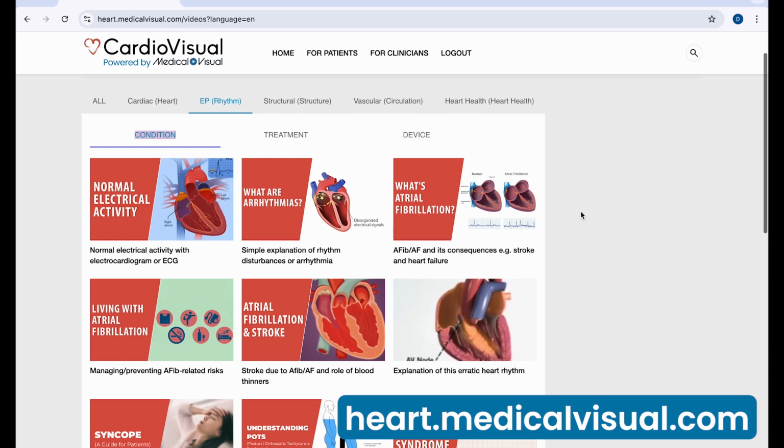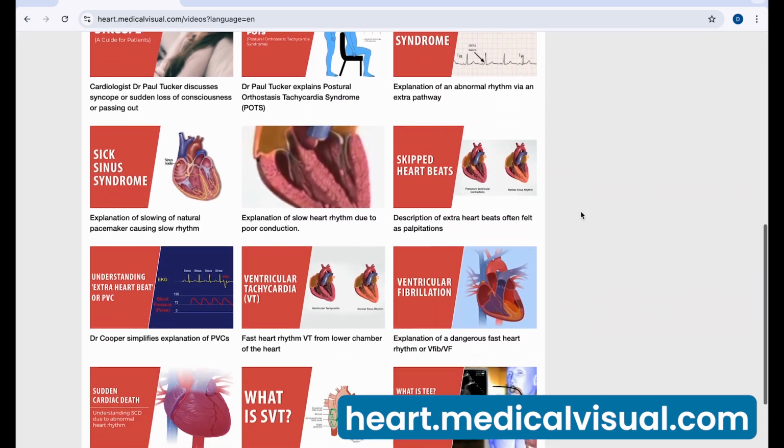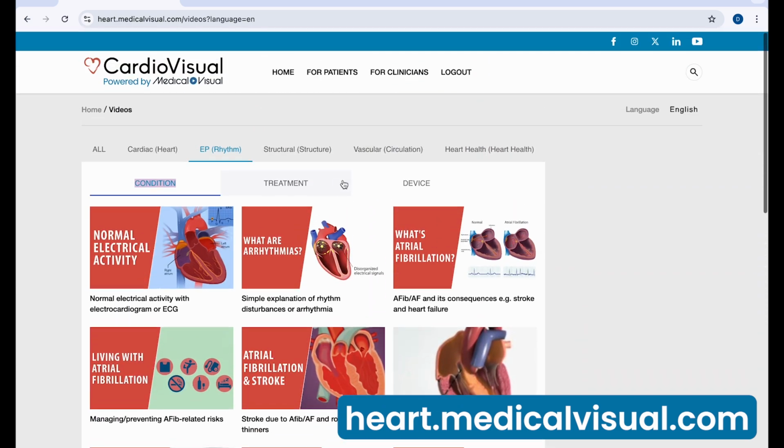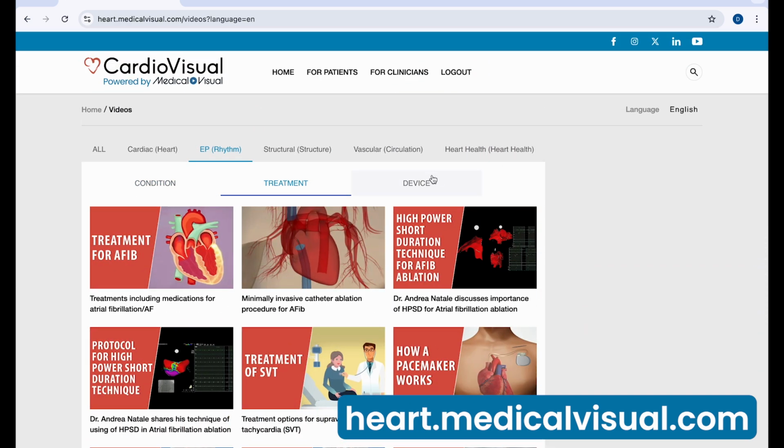So CardioVisual actually has an app that you can use to help break down various types of medical or cardiac related issues to your patients and give them videos and stuff like that. And another thing that I totally forgot to even talk about, but the Apple Watch, a lot of patients now have these Apple Watches. I don't, because I just can't have it. But regardless. Can I talk a